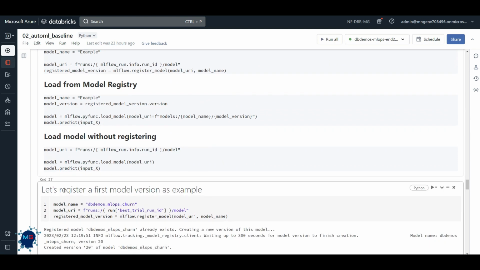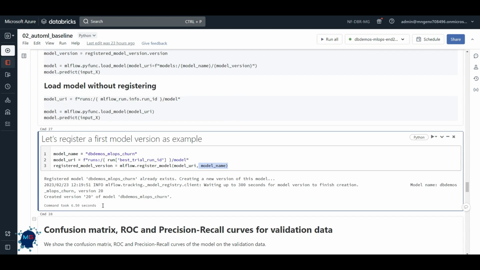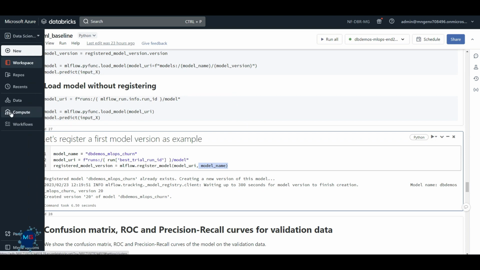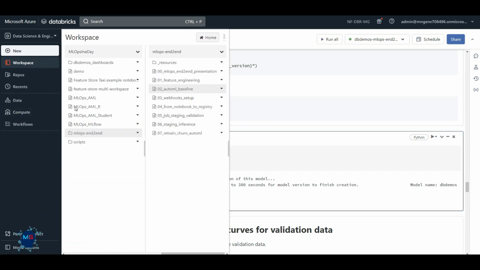okay, I'm gonna register the first version of the best model coming from AutoML. I give you the name, this is the URI coming from the run ID we have specified on the top, and then we just called MLFlow register with the model URI and model name. That's it. So when I went to the models after, if I go to